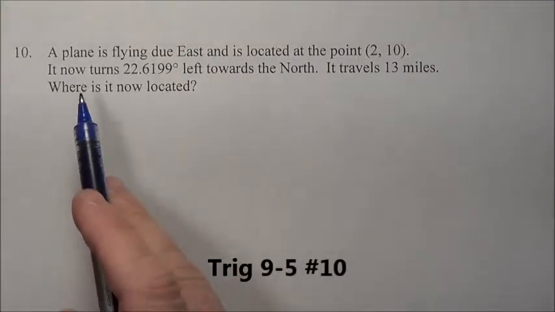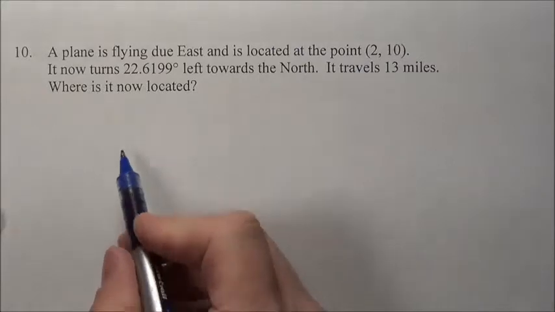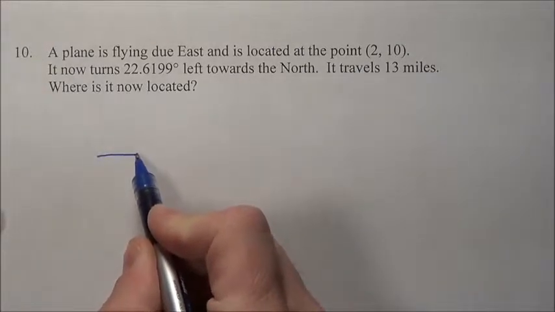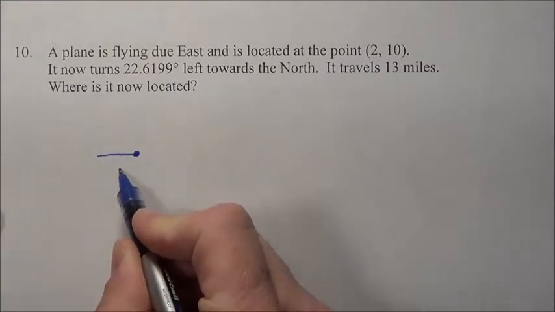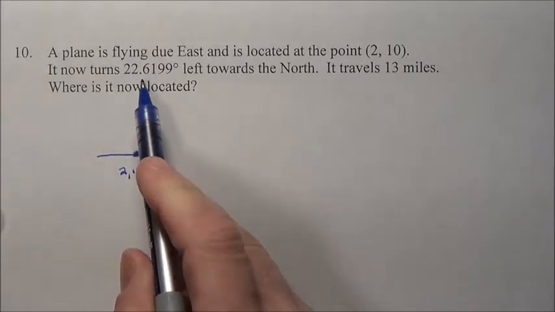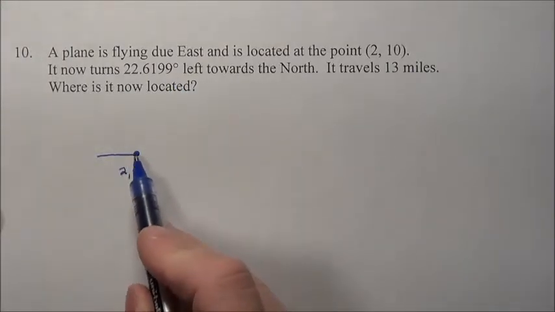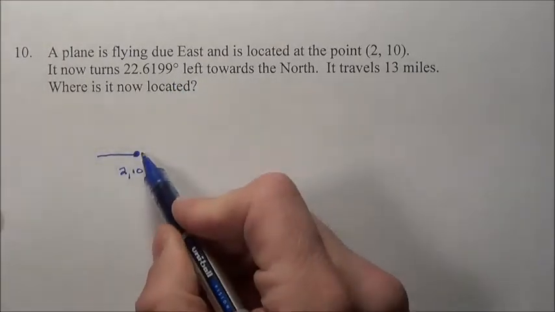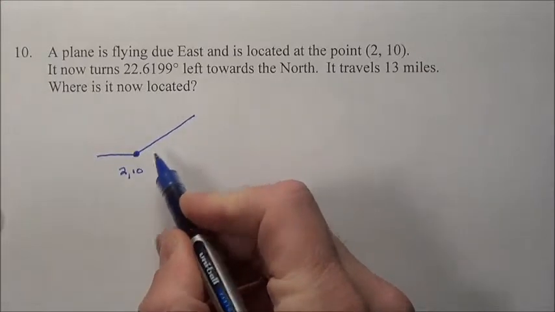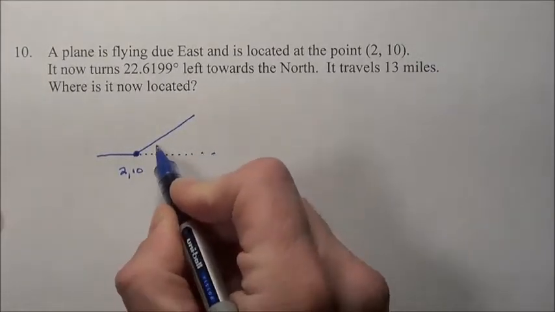Problem 10. It says a plane is flying due east and is located at the point (2, 10). So we're flying this way, and all of a sudden we're located right here at the point (2, 10). It now turns 22.619 degrees left, so it's going this way. It turns left towards the north. So it turns, here would be the original path if it kept going straight, but we know it turned